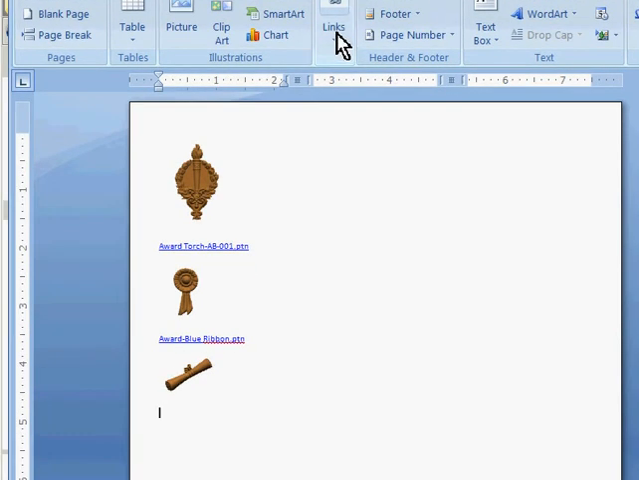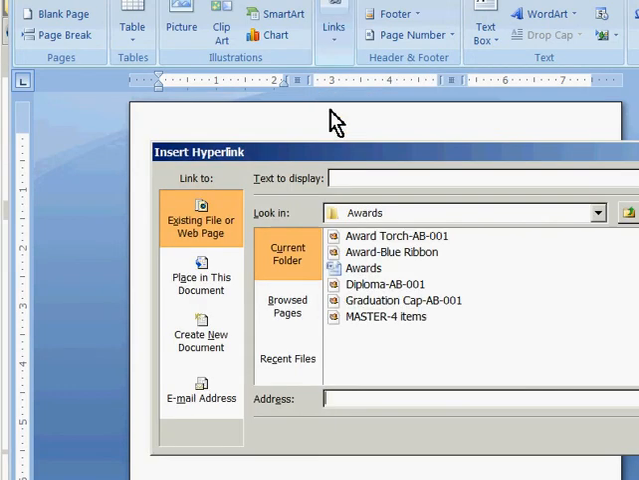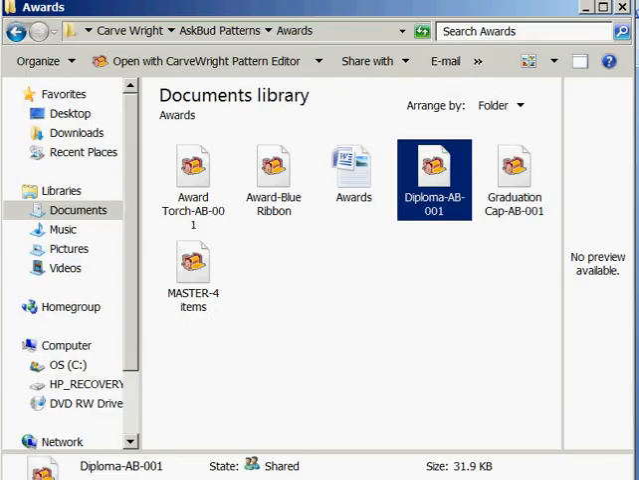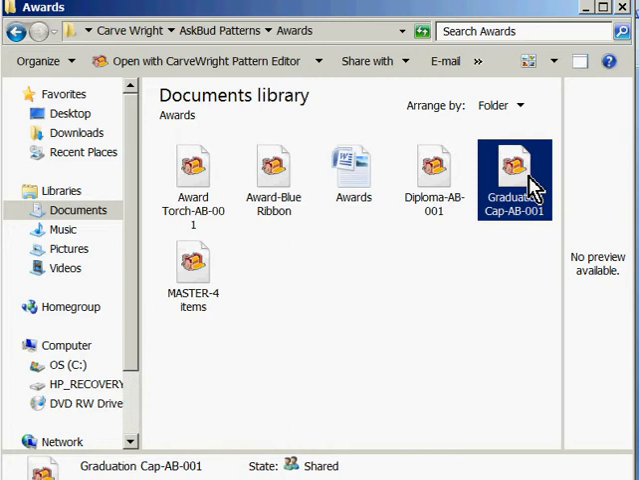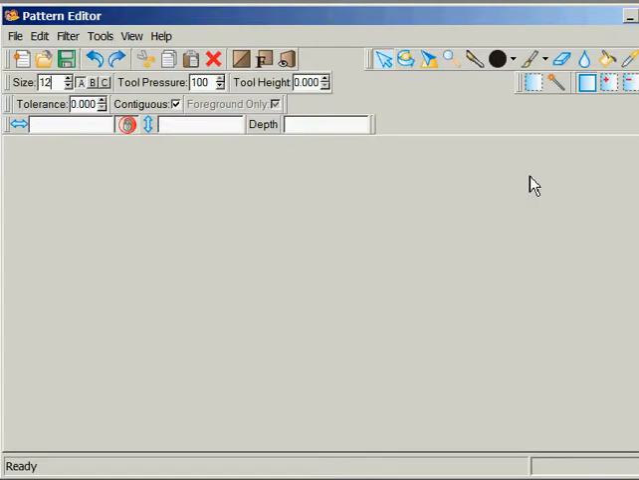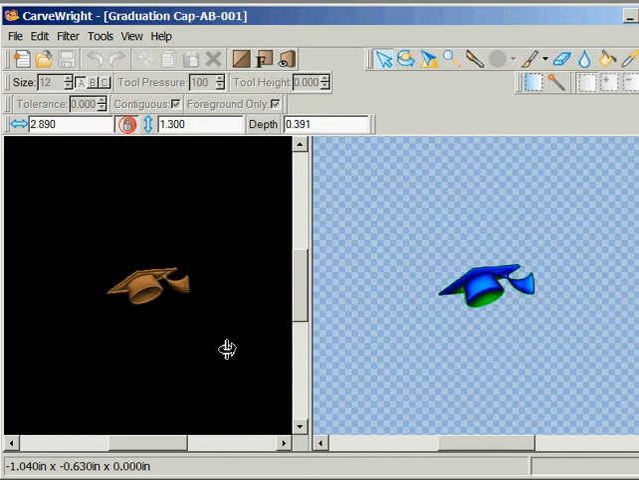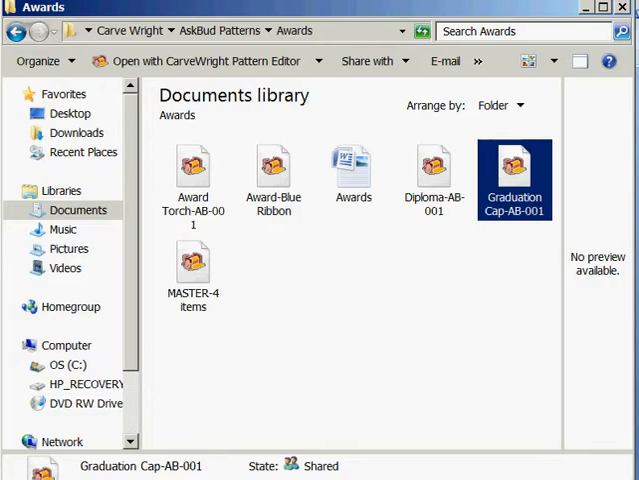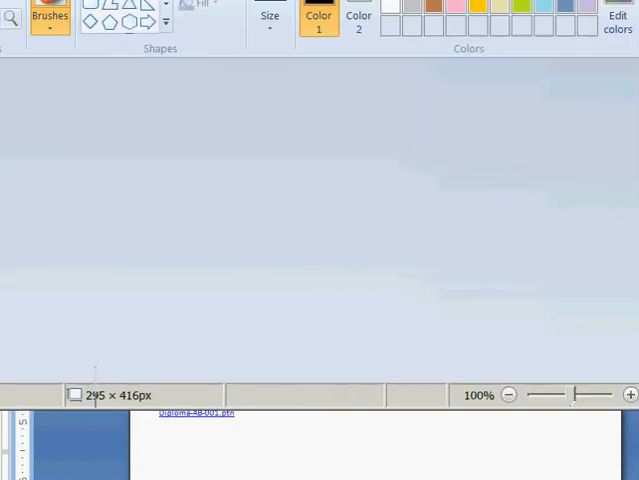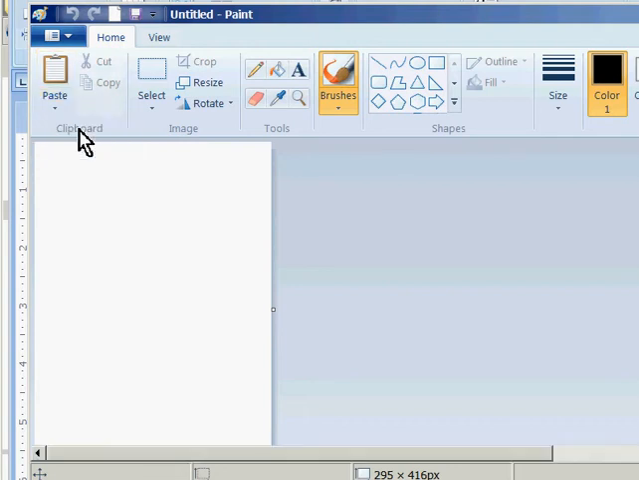I'll move this up some so you can see what's going on here. Links, hyperlink, diploma, enter, come back to awards, graduation cap, I'm double clicking, push print screen, and I can get out of these screens, come back to my word processing document, but I want to go first to paint, paste,